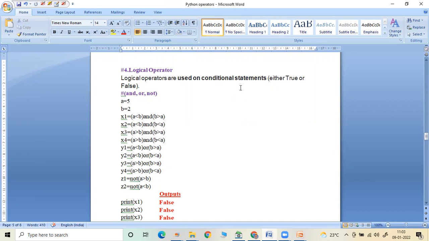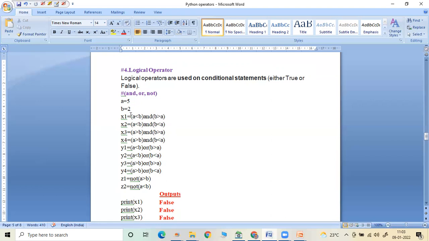not. So A value is 5, B value is 2, as I mentioned here. It is just like a truth table of and, and a truth table of or, right? So we will perform it here. This is a false statement and this is also a false statement. A is less than B, is it true? No, it is a false statement. B is greater than A, is it true? No, it is also a false statement. True and false, in between I am using the and operator, so anyway that is false itself, right?